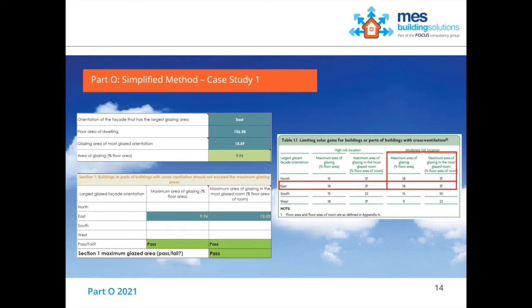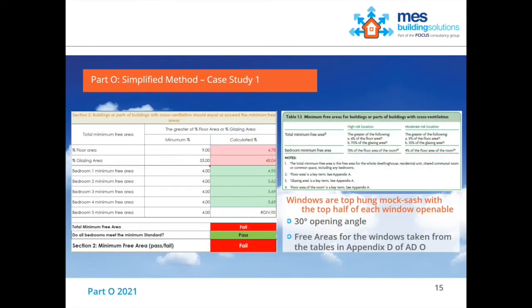What we tend to find is that the limiting factor tends to be the opening area of the windows. So the way that this scheme's been drawn up, as per the drawings, we've effectively got top hung mock sash windows. So it's only the top half of each window that's actually openable. They can only open to about 30 degrees. And we have therefore taken the free areas for these windows from the tables in the back of the approved document,